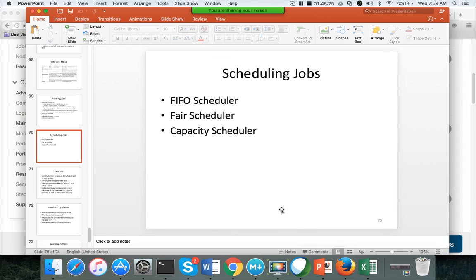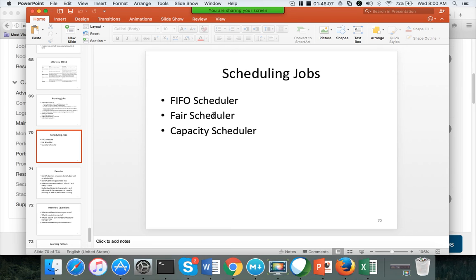Very important concept. You need to understand the differences fairly well between FIFO, FAIR and capacity for the certification exam. And also while working on the project, you should not use the FIFO scheduler at all. Between the FAIR scheduler and the capacity scheduler, FAIR is the default for Cloudera and capacity is the default for Hortonworks. You need to understand the features or capabilities of the two and the limitations, and then depending upon your requirements you might have to switch between the non-default ones so that the cluster is used effectively.